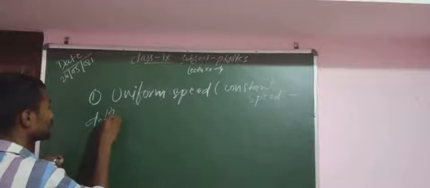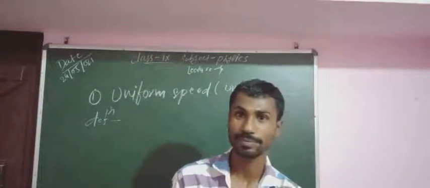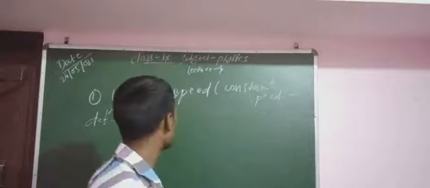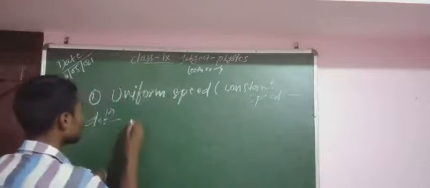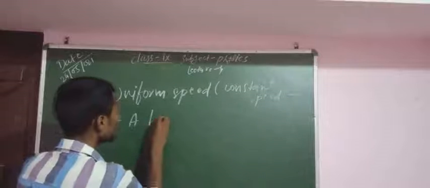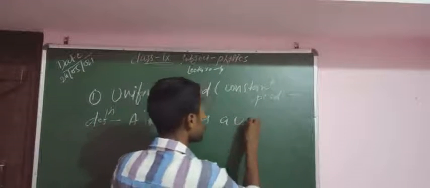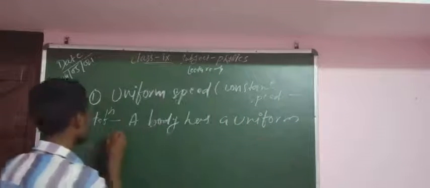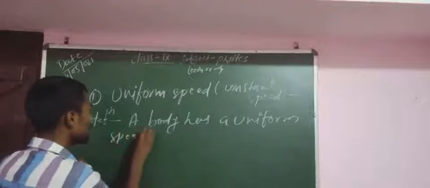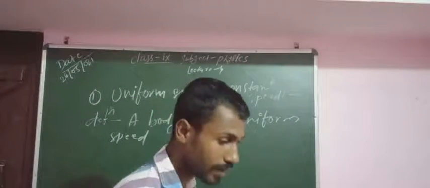Defined: uniform speed is a constant speed. A body has a uniform speed if